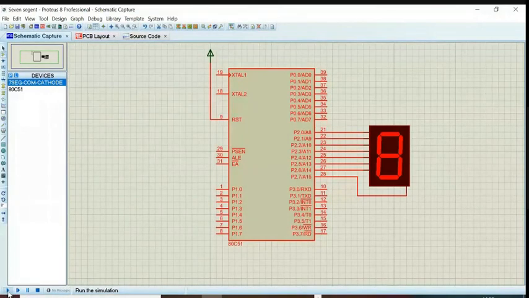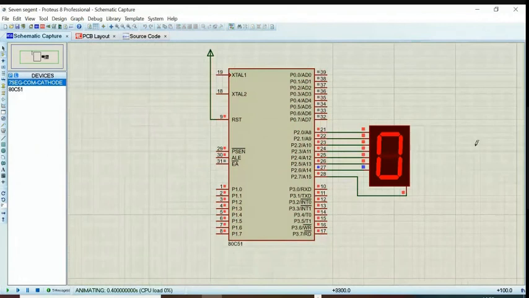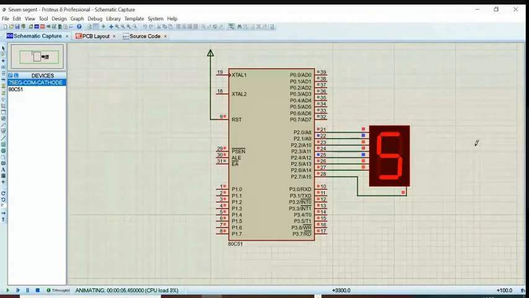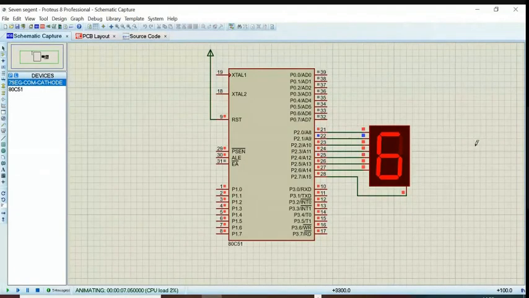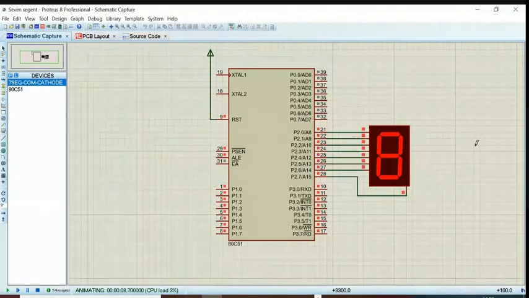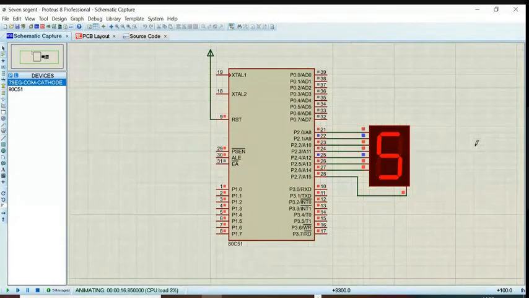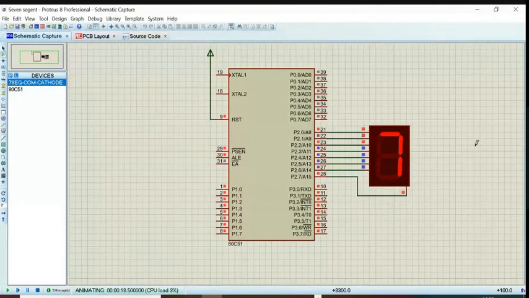First symbol runs. So I have given some time delay between each number. Once it reaches 9, again it will display 0. You may try for 0 to 9 and then A to F also. Just change the counter register value to 16.